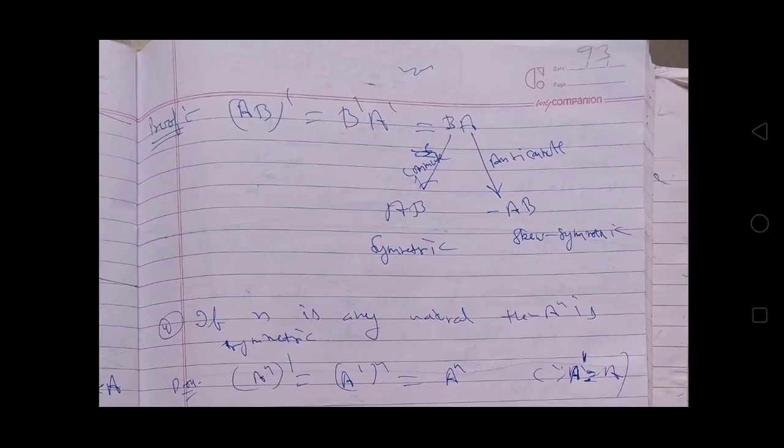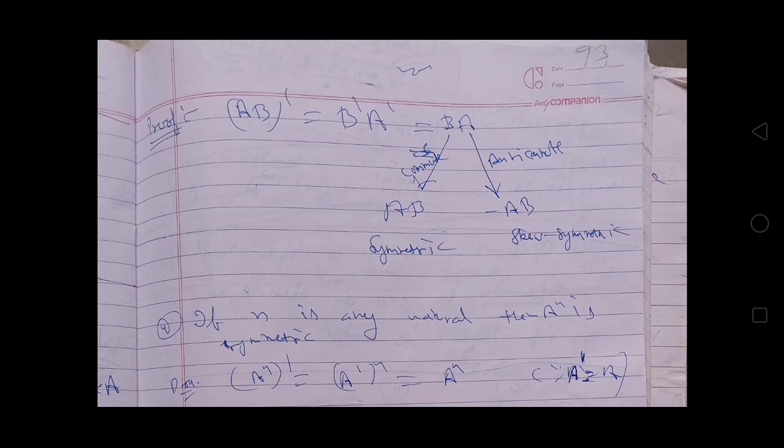Now see this proof. You can see the transpose of AB is equal to the transpose of B into the transpose of A, which is equal to B into A, as we know by the reversal law of transpose that the transpose of AB is equal to the transpose of B into the transpose of A, and it is mentioned that A and B are symmetric matrices. Now if A and B commute with each other, then BA will be equal to AB, and then AB is a symmetric matrix. But if A and B anti-commute with each other, then BA will be equal to minus AB, and then AB will be a skew symmetric matrix.